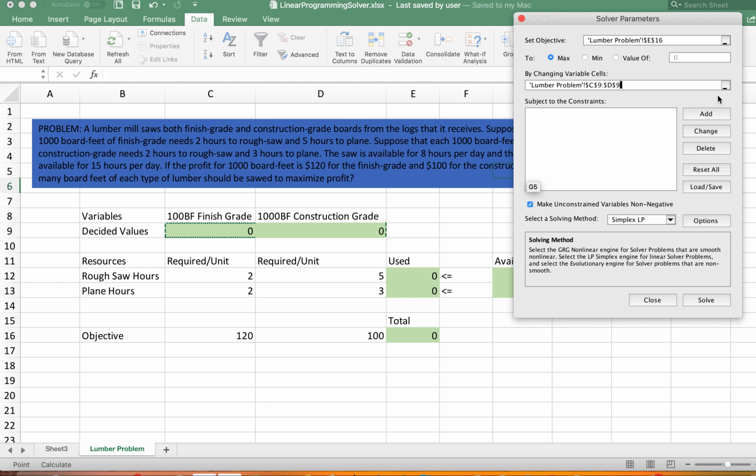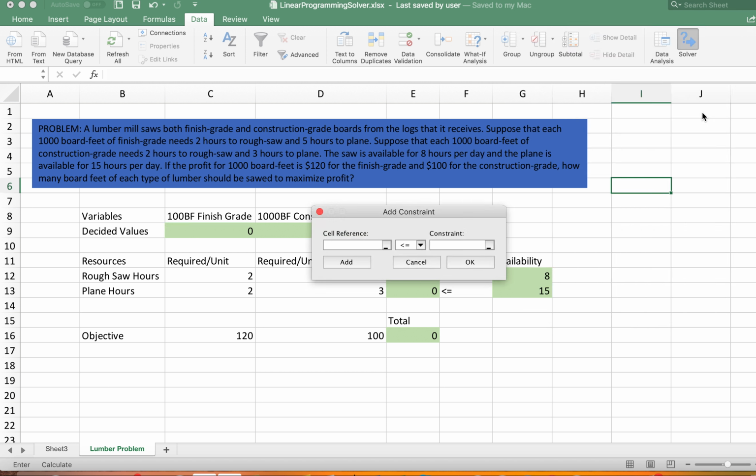All right. Now I want to add the constraints. Now in this case, this simple problem, we have 2 constraints and they're all of the same type. So if you organize your constraints all in blocks, like all your less than or equal to ones, and then all your equal to ones, and then all your greater than or equal to ones if you're doing a more complicated problem, then you just need to add 3 constraints. In this case, we just have to add 1. It appears as 2 constraints, but we do it all in 1 because they're both of the same type, less than or equal to. So when I add the constraint,